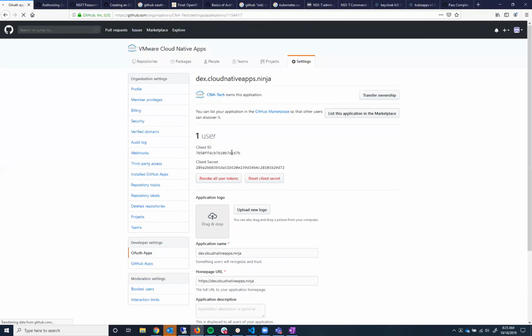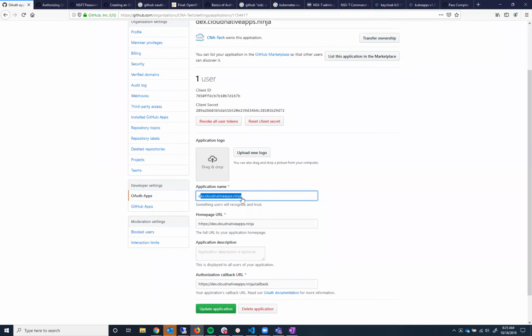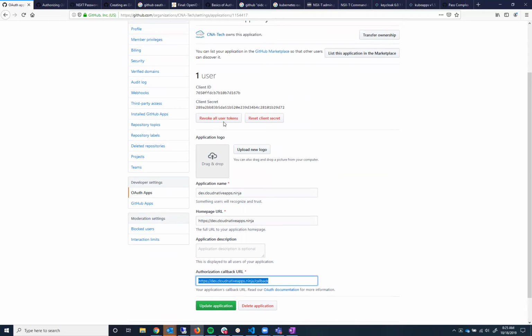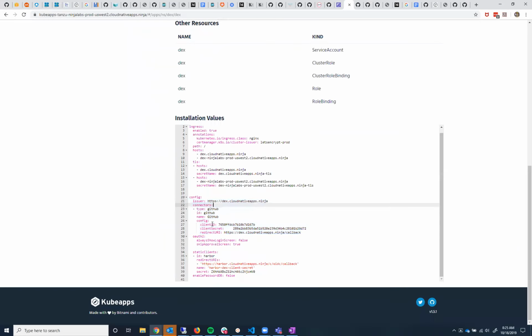They generate the client ID for you once you provide the information. So I said I wanted dex.cloudnativeapp.ninja. This is my homepage, and because the Dex server inherently provides a callback value, that's what it is. I put in that information, hit save, and it provided me the user ID and the certificate. And then you can go into this config, you put in the client ID, the certificate, and if you go back to